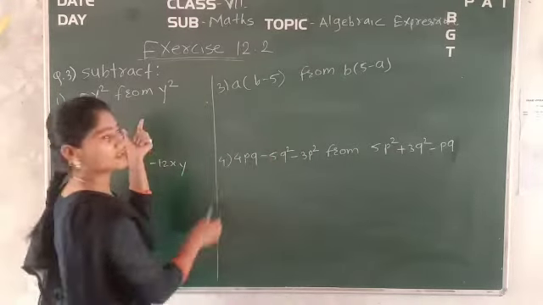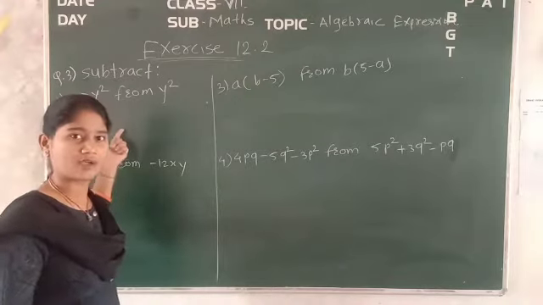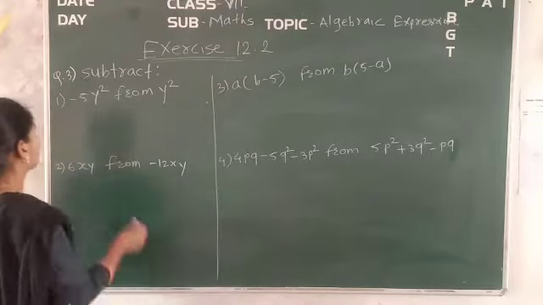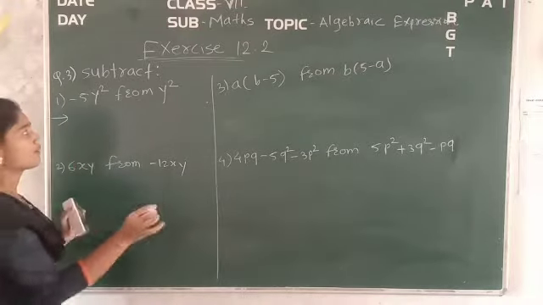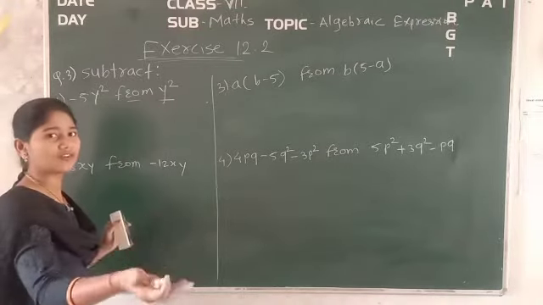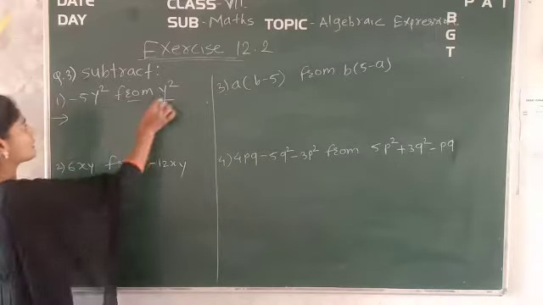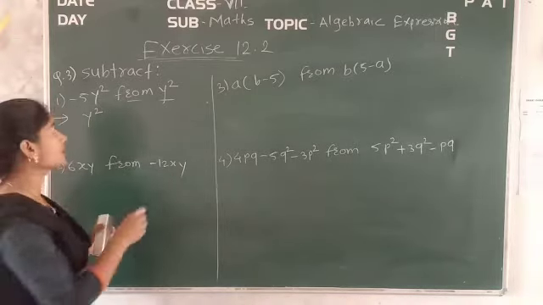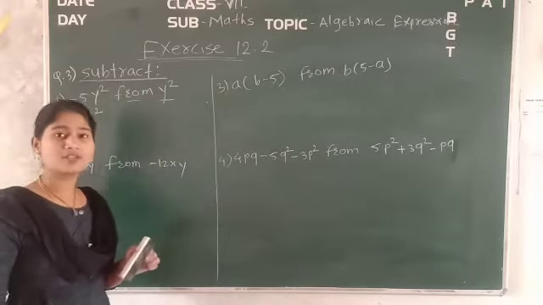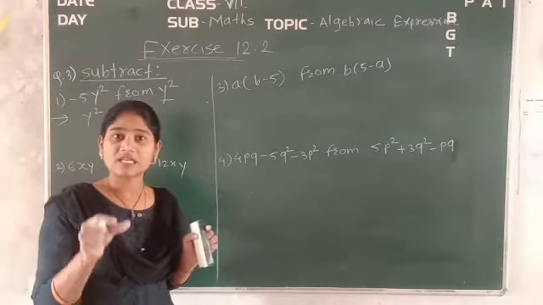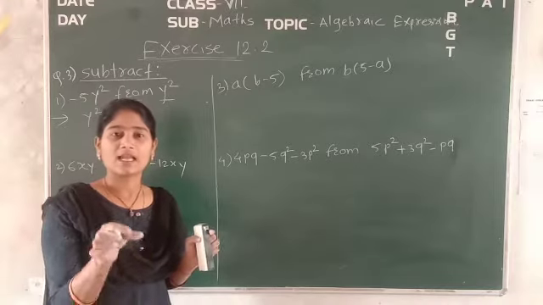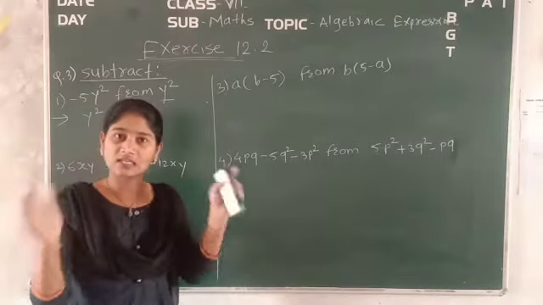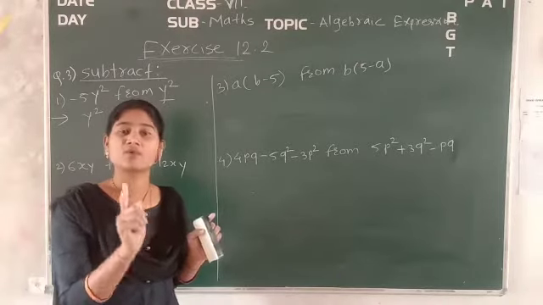So we will start from the easy question. From the simple question we will go to the hard question. So see, first of all what we have to do: whatever the number which is written after from, we have to take it first. So it will be y square, we will write it first. Now next you have to do the subtraction. It means you have to keep the sign of minus. And whatever the sign of minus you are writing there, after that all terms will be in brackets only. That is most important.